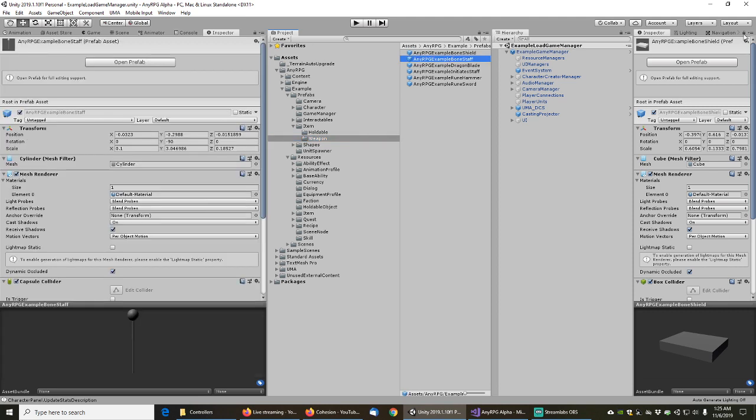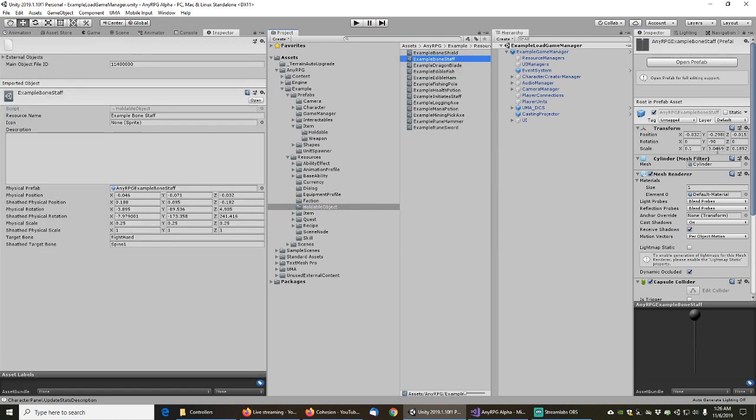bone staff. Unlock the inspector, lock the inspector, go down to the holdable object for the bone staff, change the scale values to match what's there. Change the rotation. Okay. And then